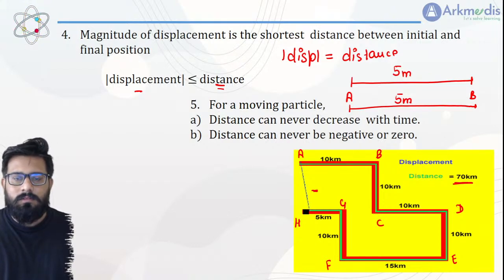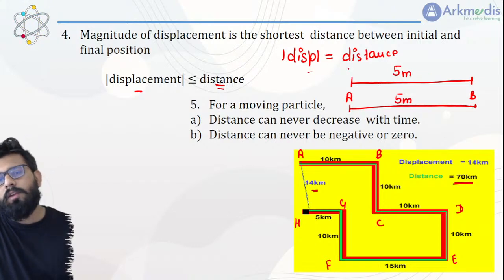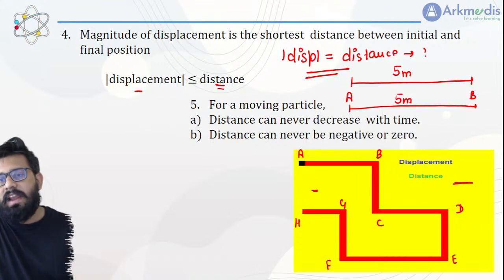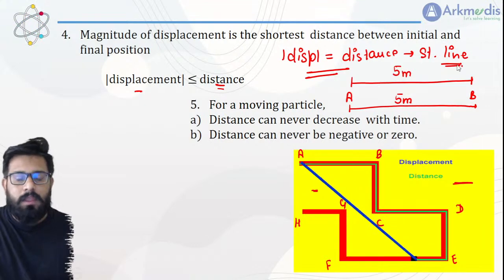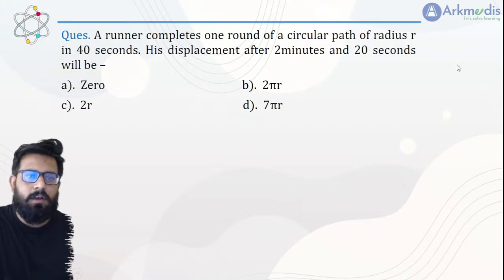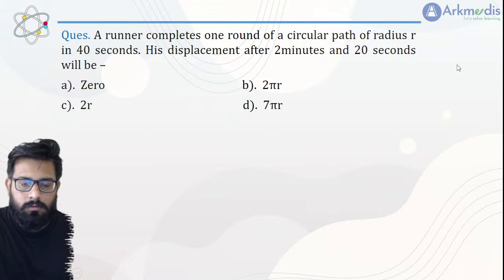So this is the thing. Only and only when the particle moves along a straight line, its distance is equal to the displacement. So this is all about the distance and the displacement. Now let's solve a question based on